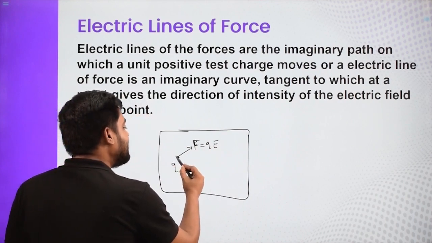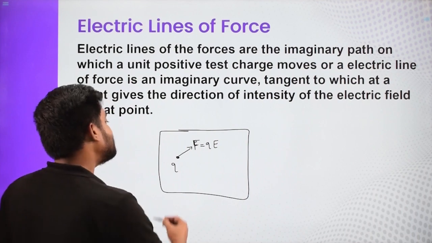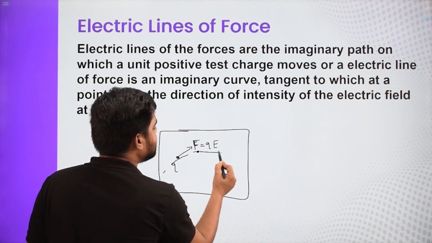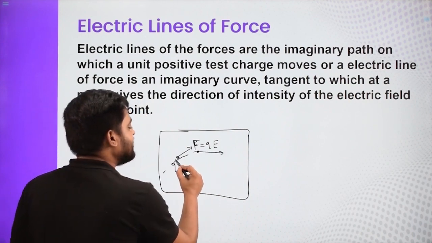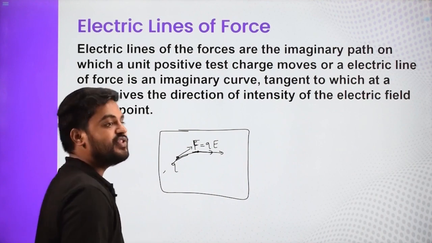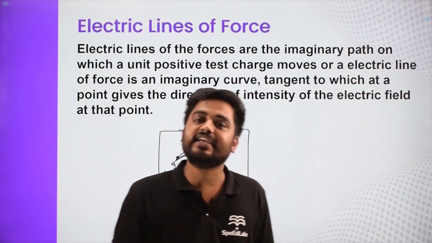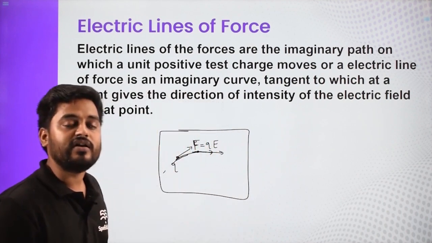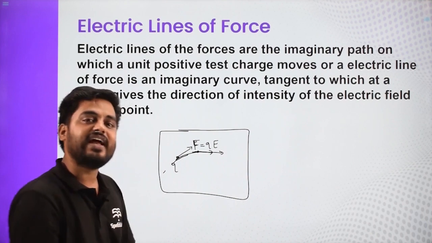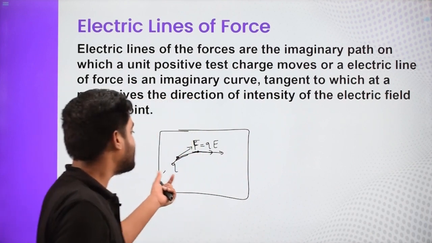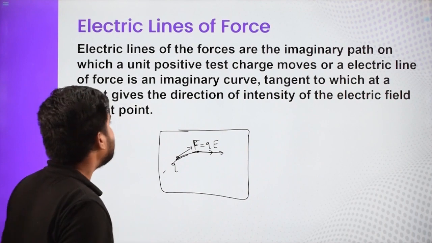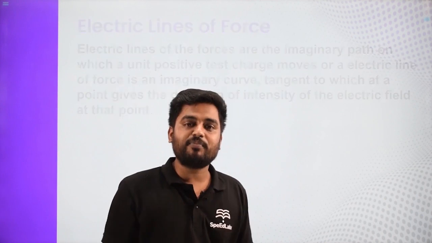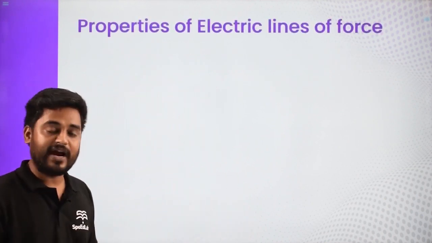And now we will say that there exist electric field lines which should be along that, right? And if after some time this charge moves over here and it is experiencing force in that direction, then field lines should be going that way. So they are imaginary lines. They are not actually there. They are just imaginary lines which are there to explain the field, or the region, and how electric field behaves. So for that we draw some imaginary lines known as electric field lines or electric lines of force. Now let us discuss some properties of them, so you will get to know them better.